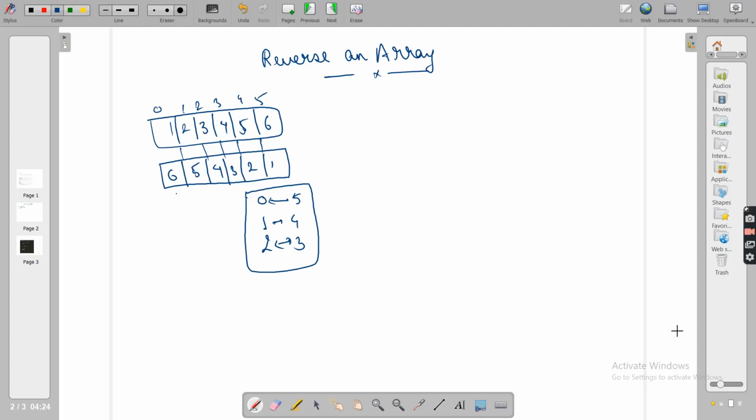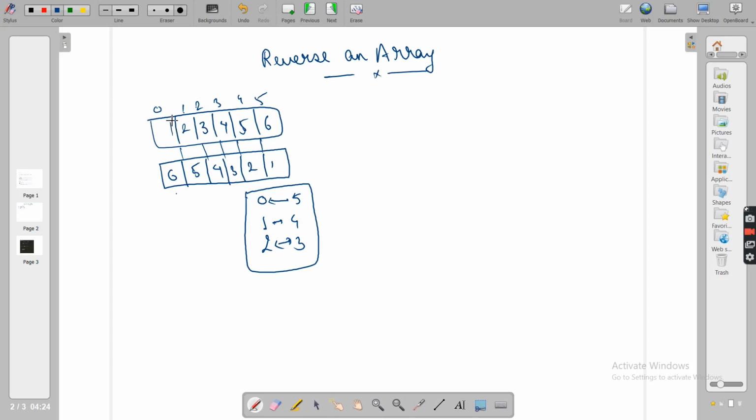Hey everyone. So here we'll be seeing a simple problem: reverse an array. Although this problem is a bit easier, I want to explain to beginners how to approach it. I know there is a simple algorithm for this, but I just want to share the proper intuition. This will be a short video, by the way.